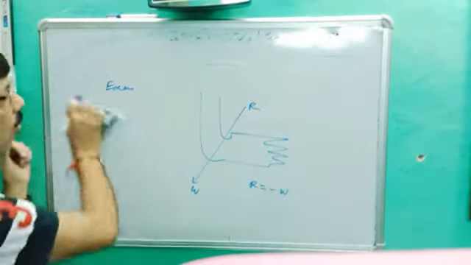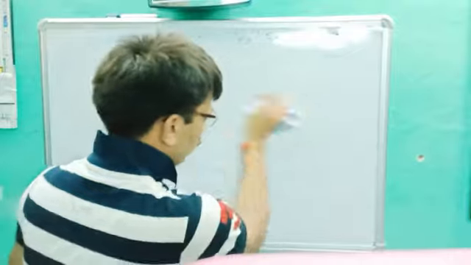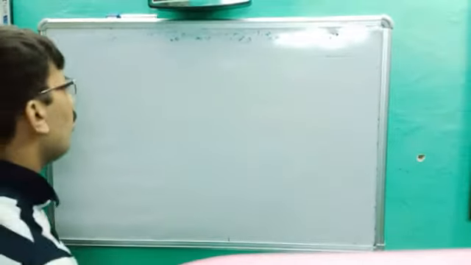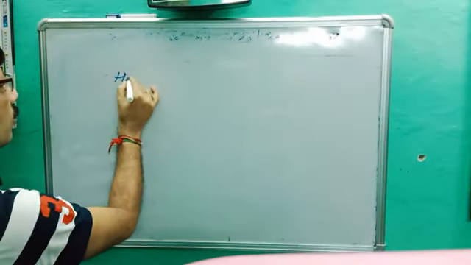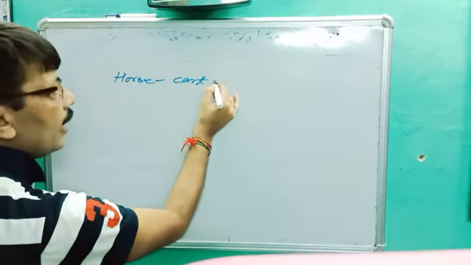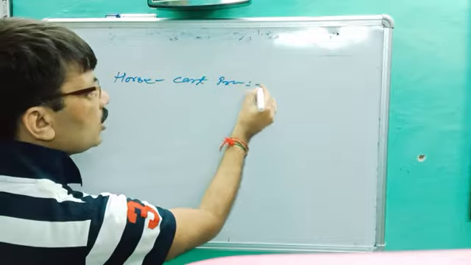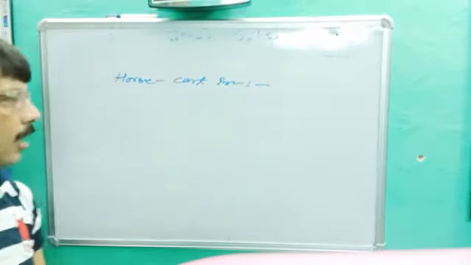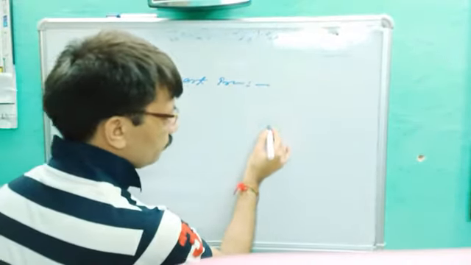Okay, so this is the walking on road. Second is very important, the horse cart problem. Anytime that question comes up, horse cart, this is also known as tanga. Okay, horse cart problem. So first see there,